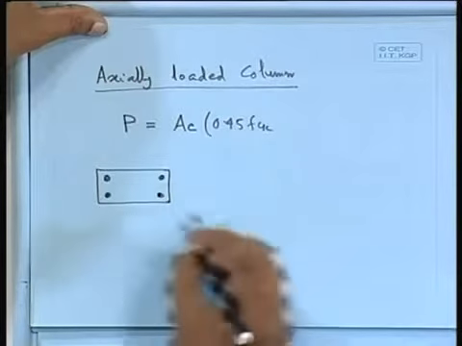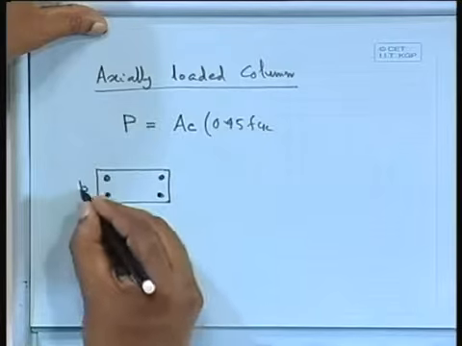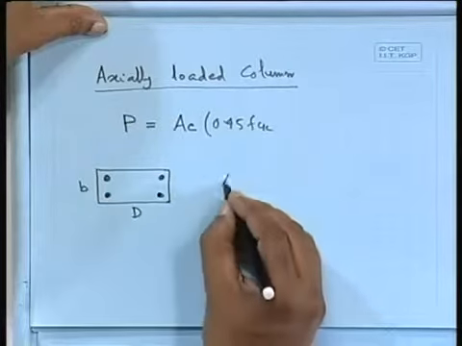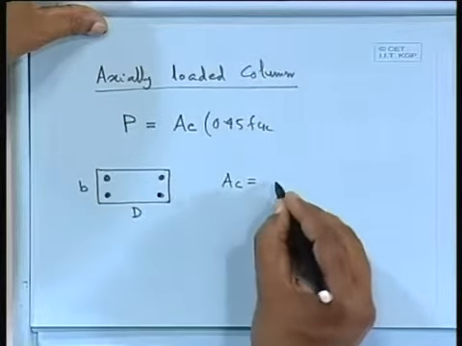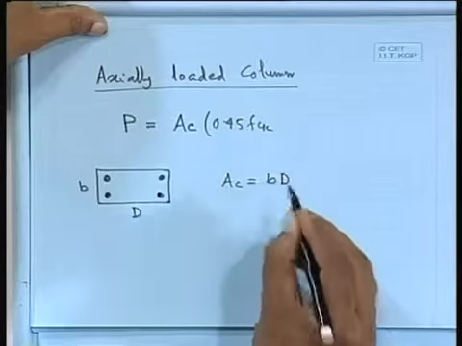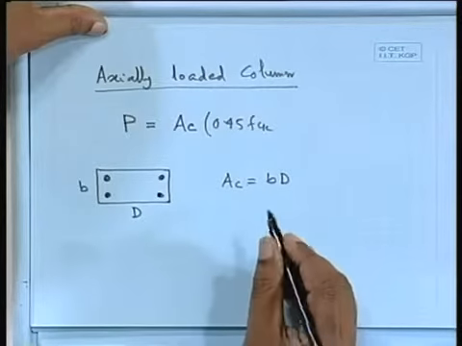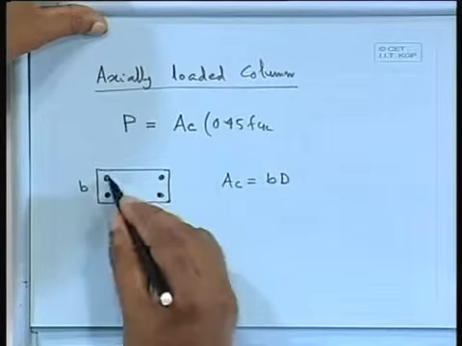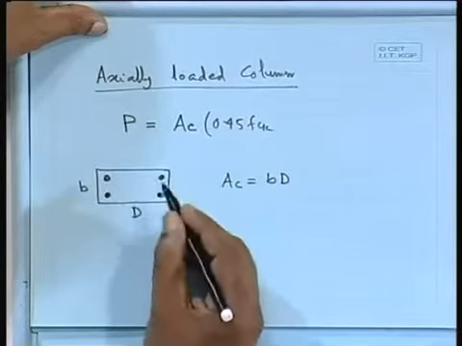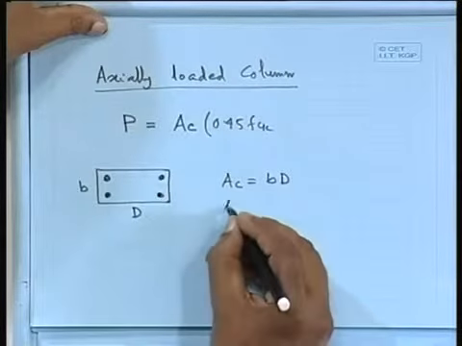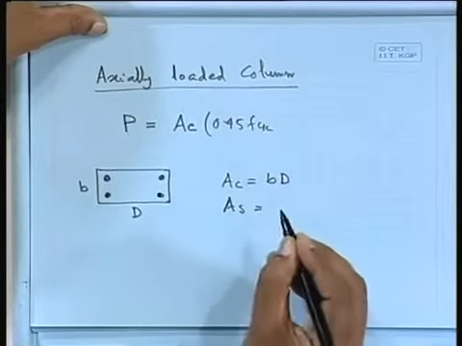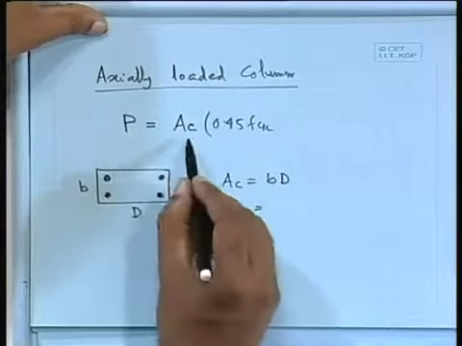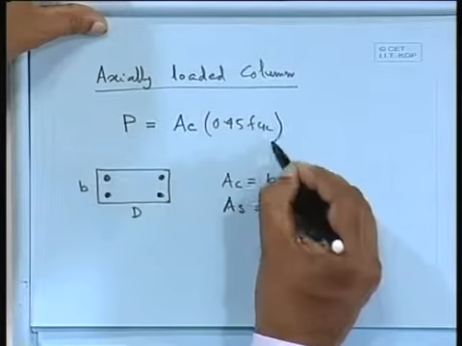So we are having B and D. AC, area of concrete, let us say B times D. Area of steel: if you have 4 numbers or 6 numbers of bars, whatever the number, from there you can find out the area of steel. So P will be equal to AC times 0.45 FCK, because we are